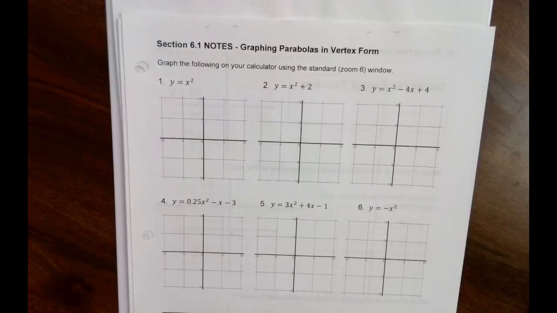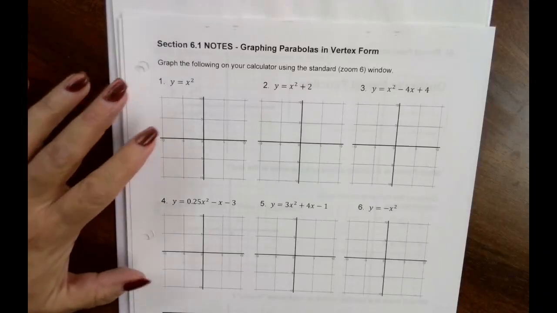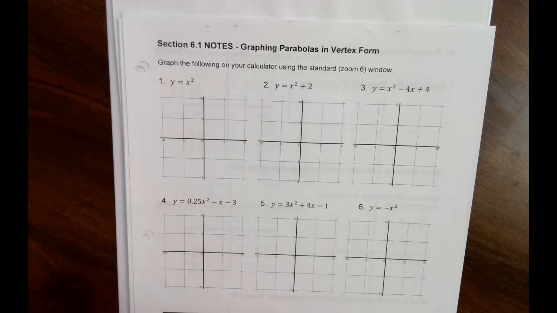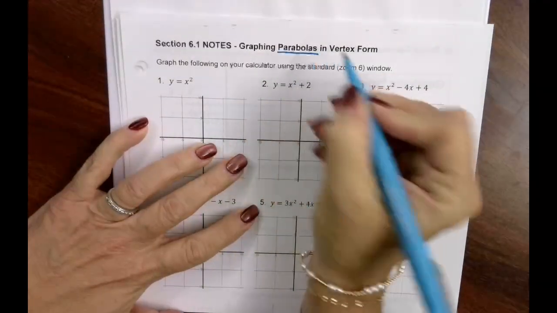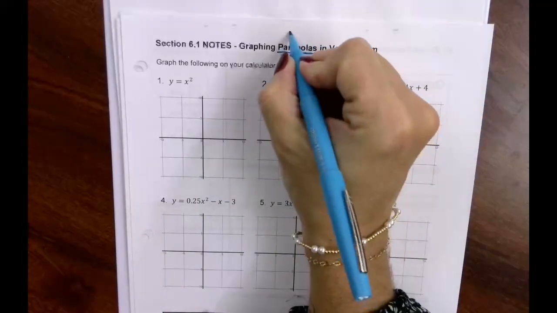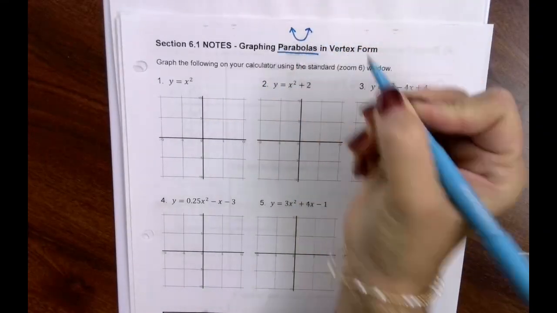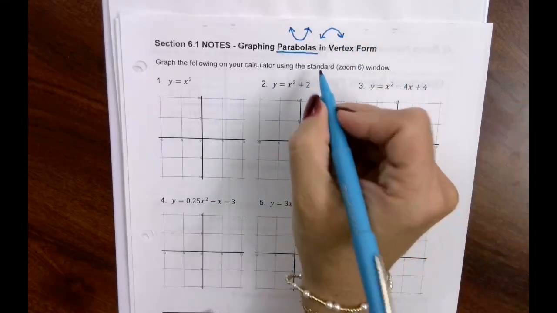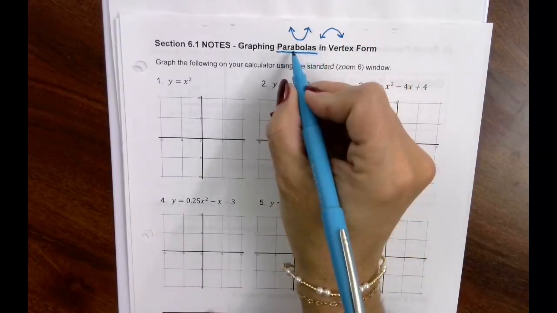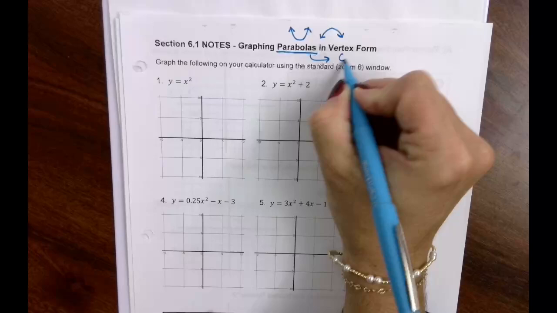All right, this is a new unit, and what we're doing in this unit is we're graphing, and we're going to graph a lot of different ways, graphing parabolas. So the key here is when you see the word parabola, you know that that's a shape that's going to look like a U, and it's going to either be up or it's going to be down. The other thing that's important when you see a parabola is that you know that this has to be a